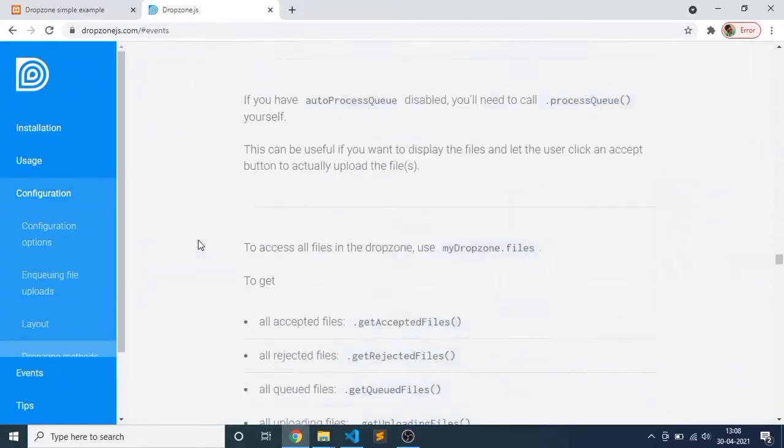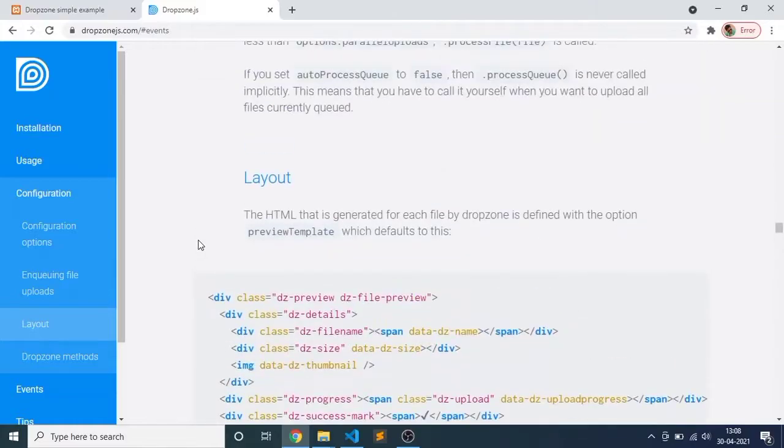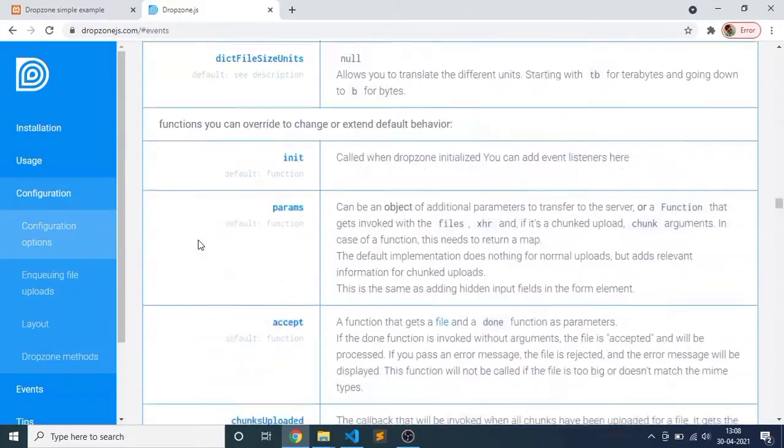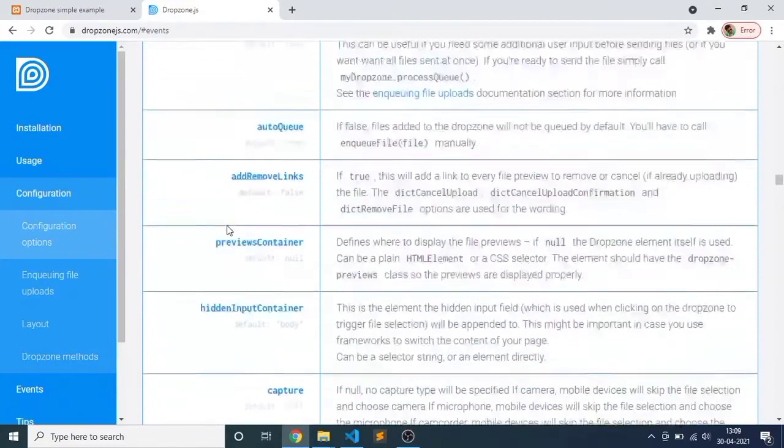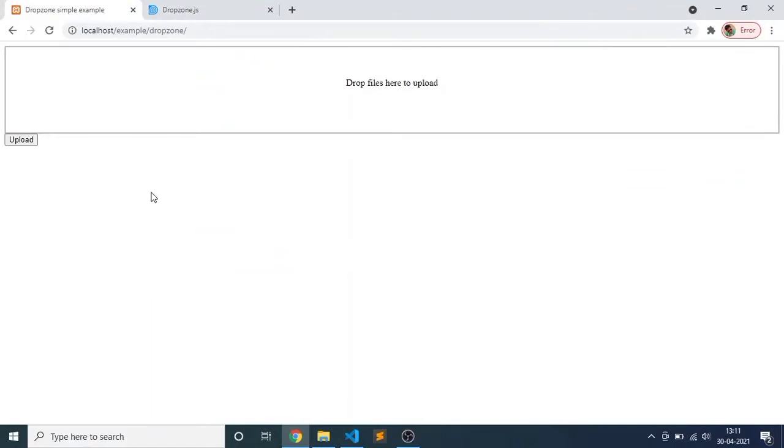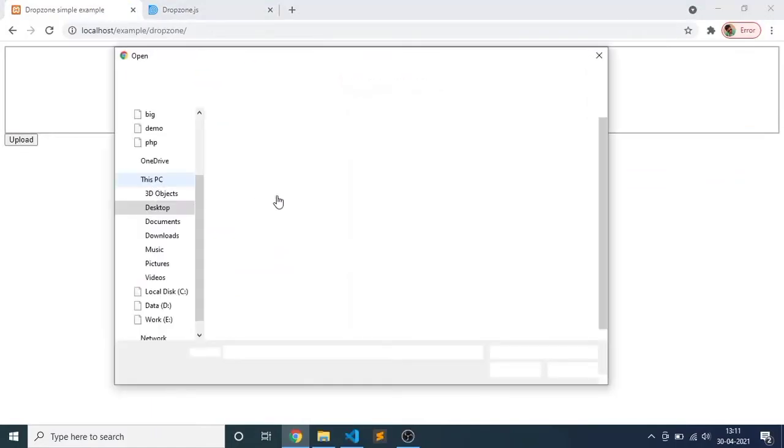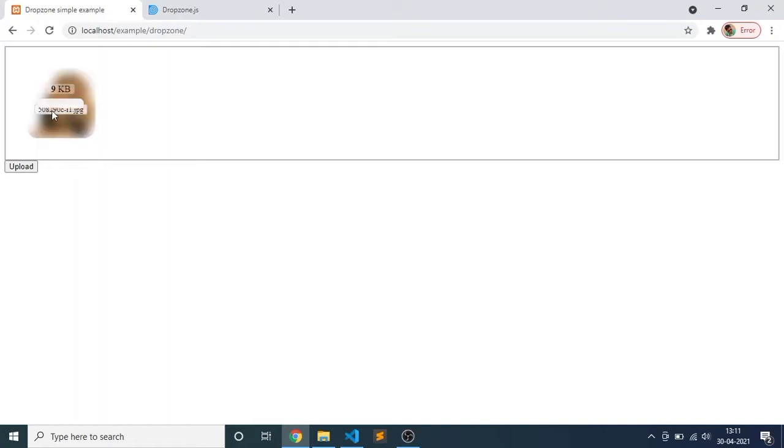So I implemented one demo, and you can see my implemented demo. When I click on an image, it only shows a preview. When I click on upload, the uploading process happens.